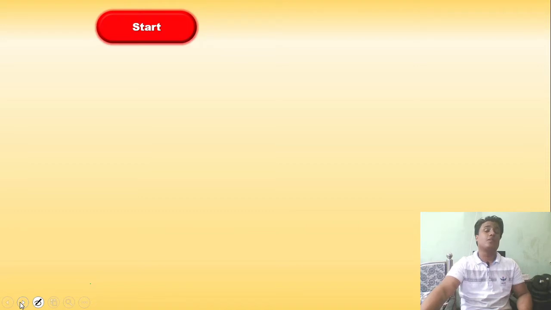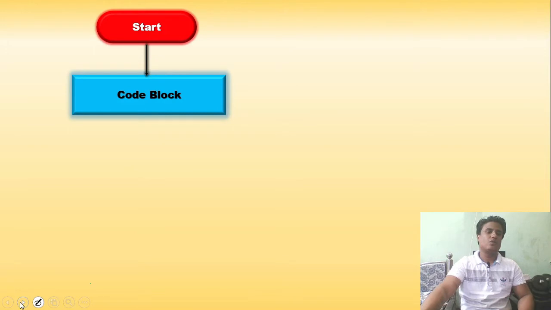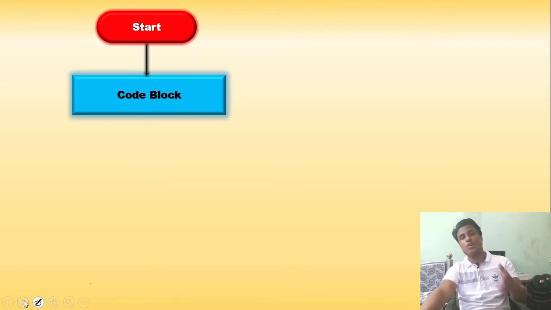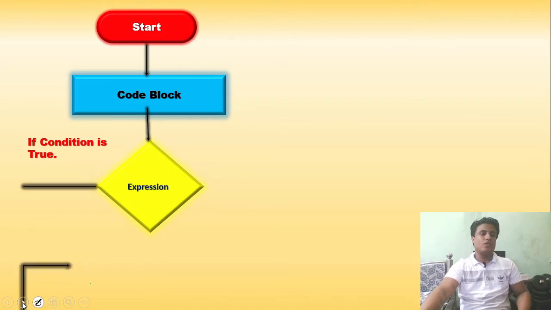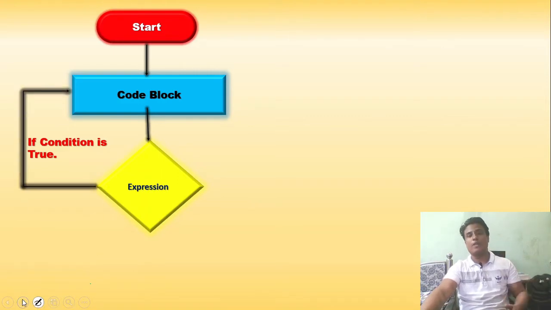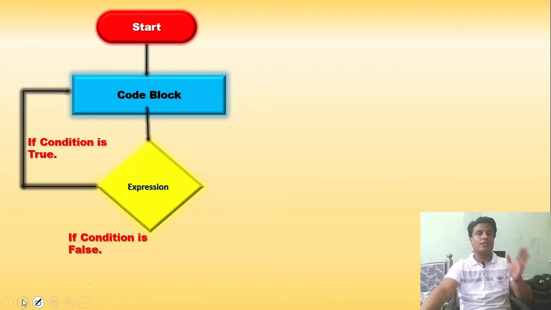So first we will start. If you remember the flowchart of the loop, it's not hard for you. First of all, there was a code block. This is not the while case. Sorry, this is the case of do while flowchart, because we execute the code block before the execution of the decision part. Before we go into the decision block, we just execute the code block. So this is the case of the do while loop. Then we check the expression, and if the condition is true, then we again come back to the code block and execute that code. We will do it until the condition becomes false. If it becomes false, we will terminate the loop.